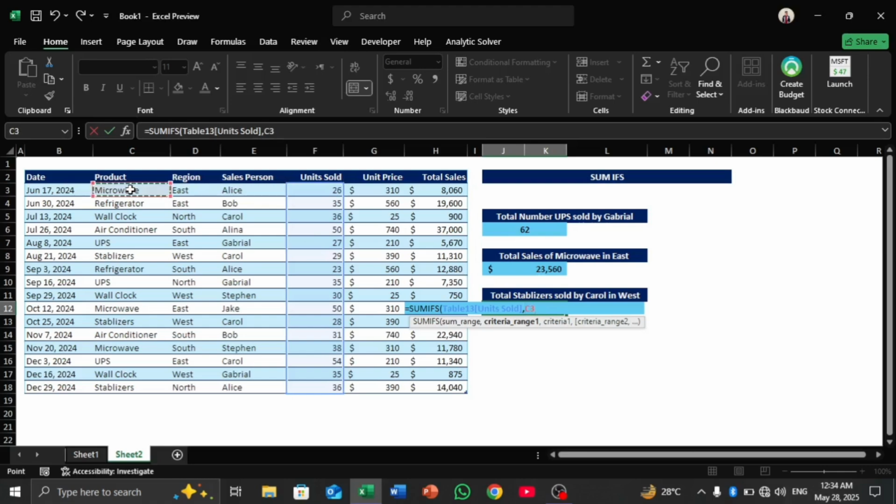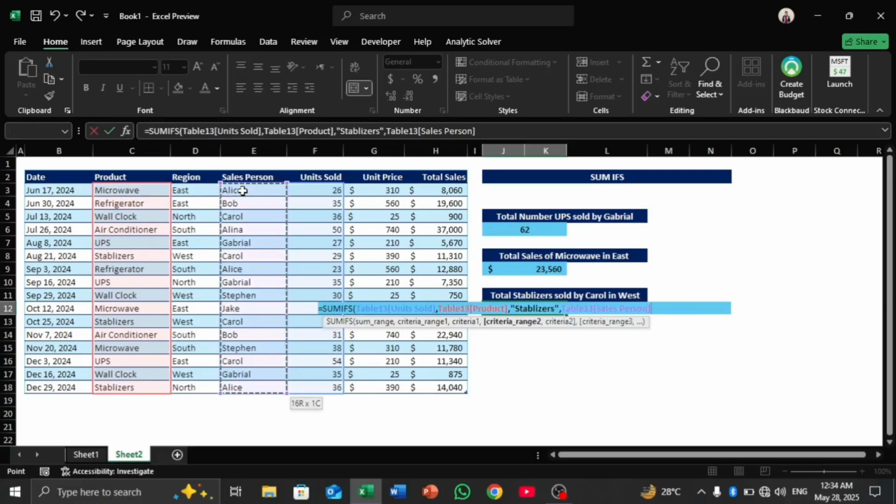So we select the product list, and these products must be equal to stabilizers. So we type stabilizers. Criteria range 2 is the salesperson. So we want them to be equal to Carol.